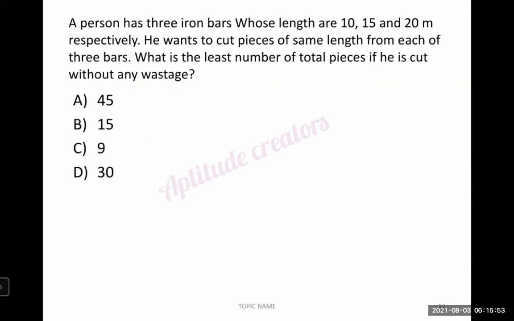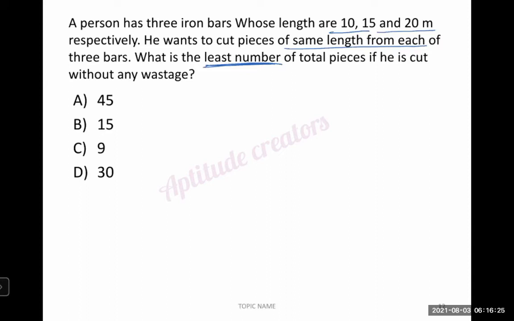Moving forward to next. A person has 3 iron bars whose lengths are 10, 15, 20 meters respectively. He wants to cut pieces of the same length from each of the three bars. What is the least number of total pieces if he cuts without any wastage? Okay, he's saying that without any wastage, what is the least number of total pieces he is able to cut, right? Now here,